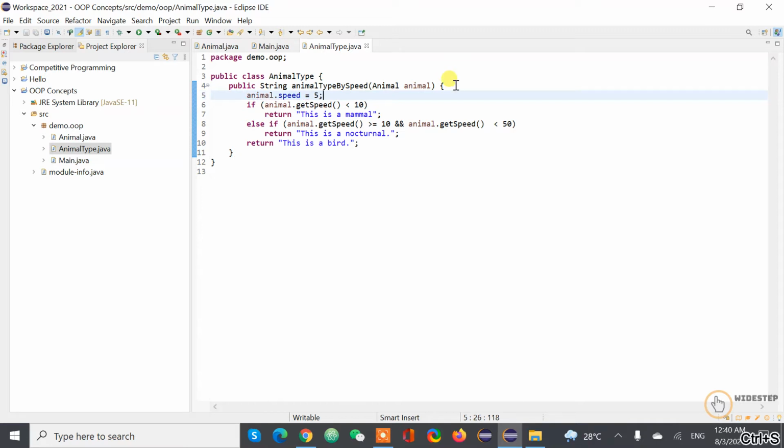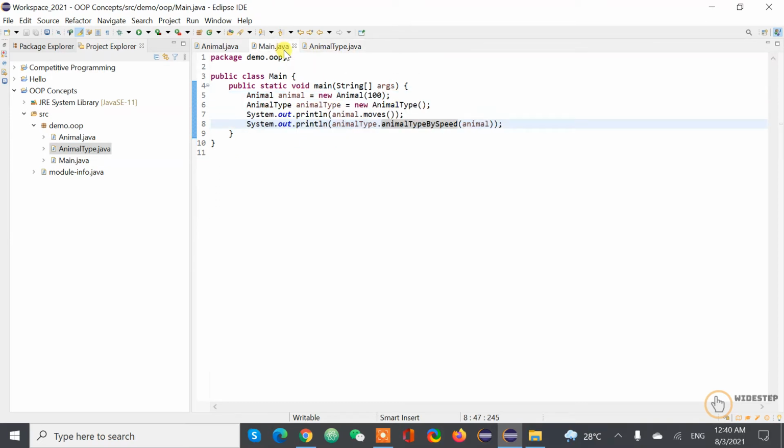So what happens now is that you are not aware of this change. So when you execute this code,